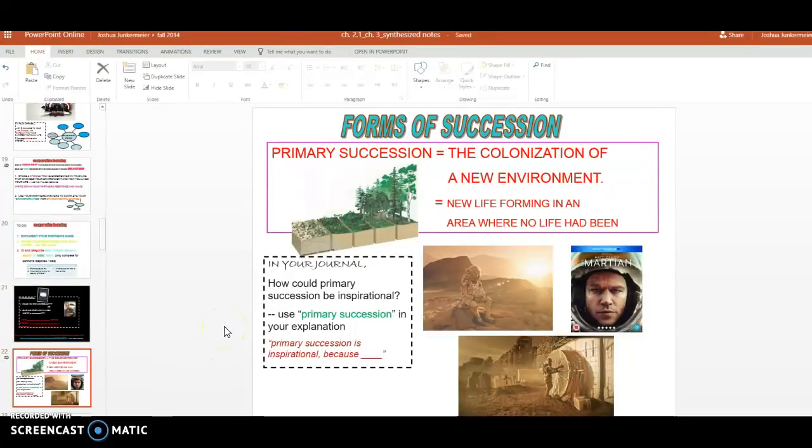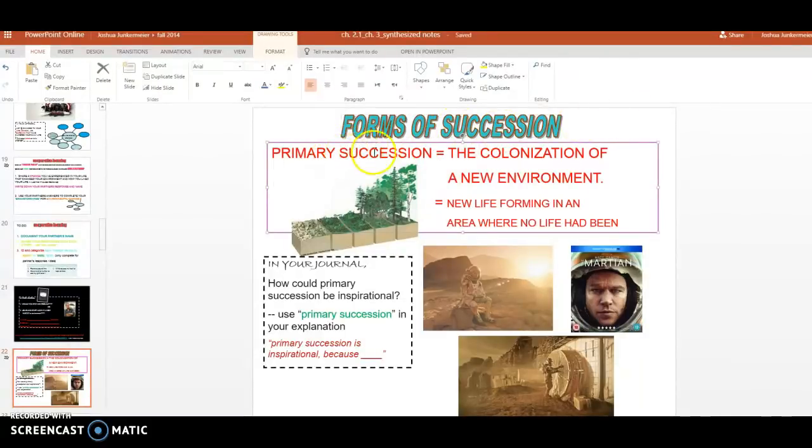All right, this is slide 22. And in slide 22, there's this word. It says forms of succession. Succession means a change to the environment. Since we've been talking about changes to the environment, since we're saying anytime the environment changes, it can create limiting variables, or it can create an environment that's outside your range of tolerance, where you can't handle the changes, right? And you got to leave, or it's hard to survive, right?